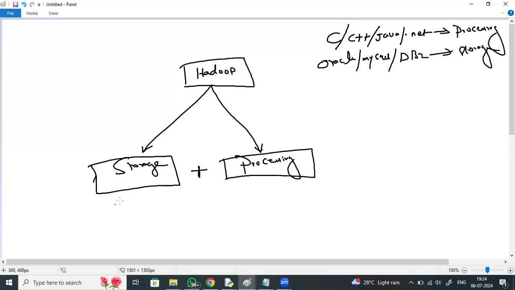And for storing, does Hadoop use any database? No. It has a special kind of file system called Hadoop Distributed File System.